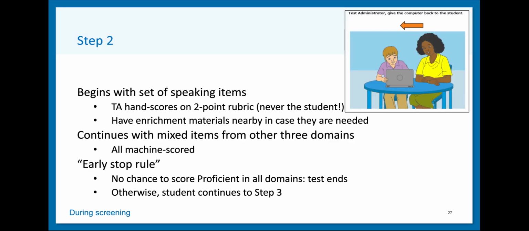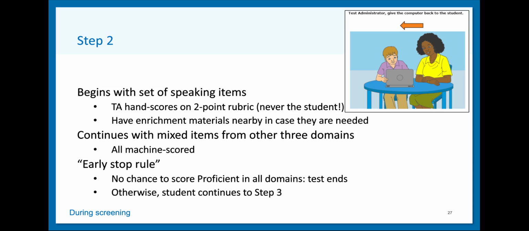Step 2 of the screener consists of scored items from all 4 domains. Practice Step 1 ended with a set of speaking items. Step 2 begins with speaking items so that the recording procedure is still fresh in the student's mind. After recording responses to this set of items, the student will surrender their computer to the TA, who will score the student responses. An unsupervised student may accidentally score their own speaking responses, thus leading to an inaccurate screener result